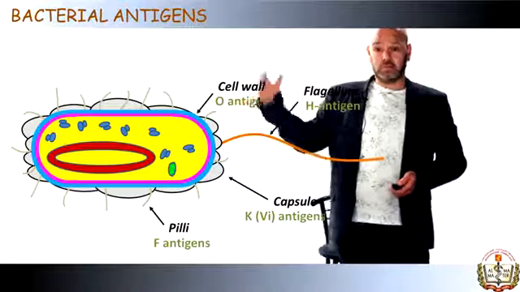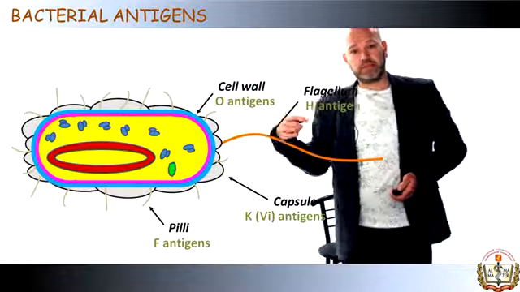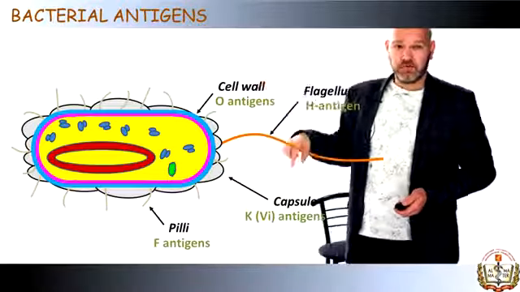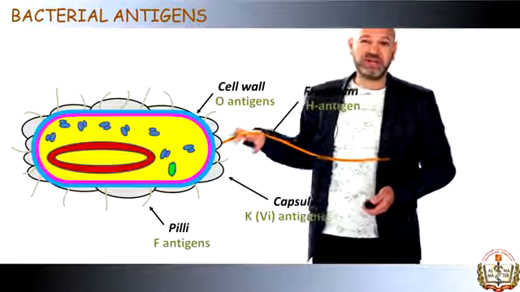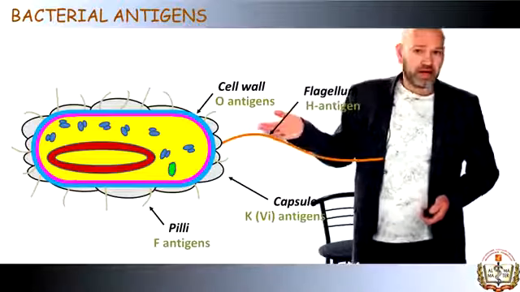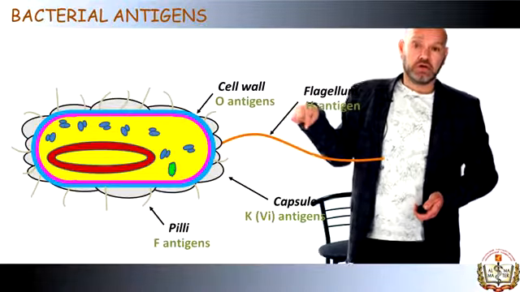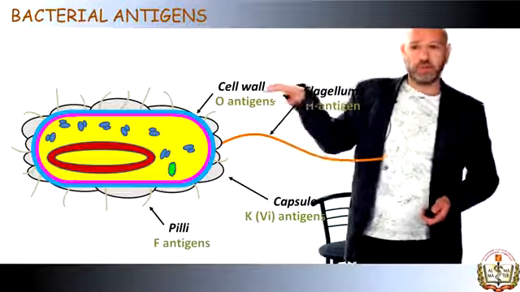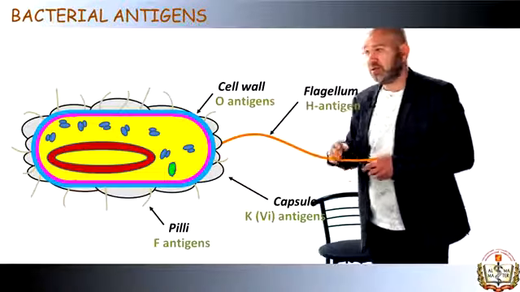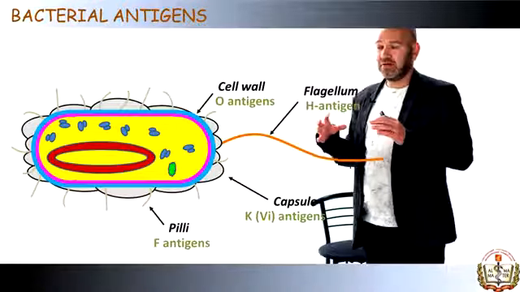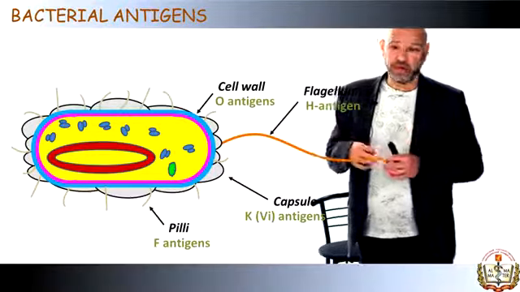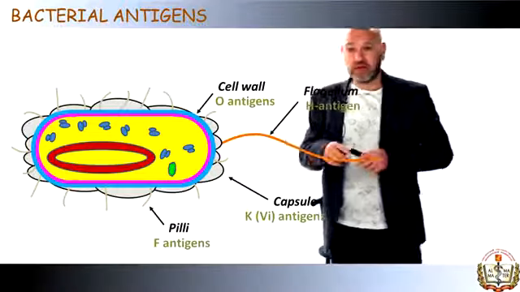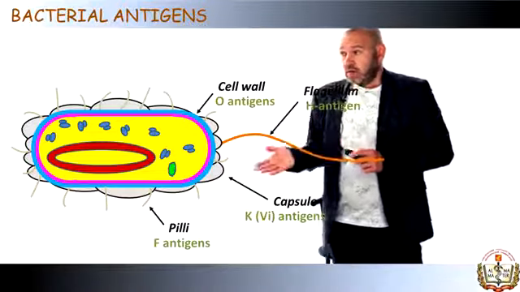Lipopolysaccharide in the cell wall, LPS. The immune system will say O antigen, somatic antigen. Flagella is a set of flagellin proteins, another antigenic structure: H antigen. Pili, F antigen. Capsule will be identified as a K antigen, and some microorganisms can again have different types of capsules, as we said already. In Salmonella, the K antigen can be named the Vi antigen, the virulence antigen. So